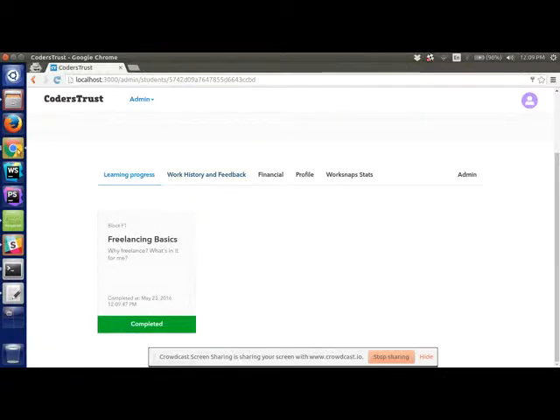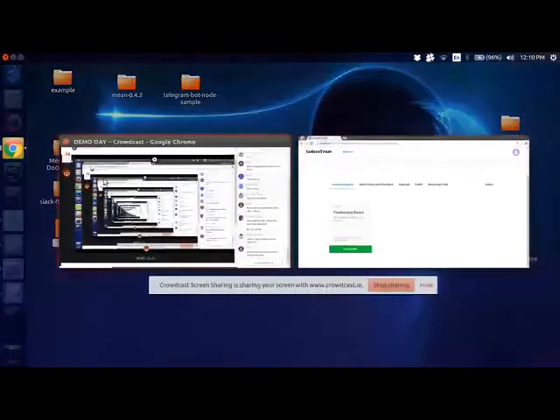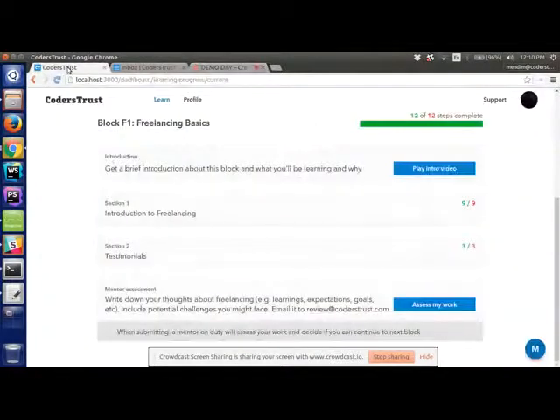So right now I'm just gonna go to the student dashboard again, so you can see what happens there after the admin or a code mentor passed that block that he made the request.